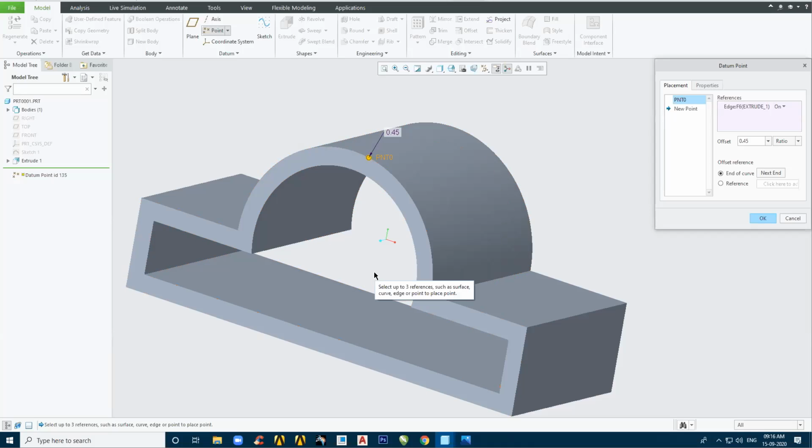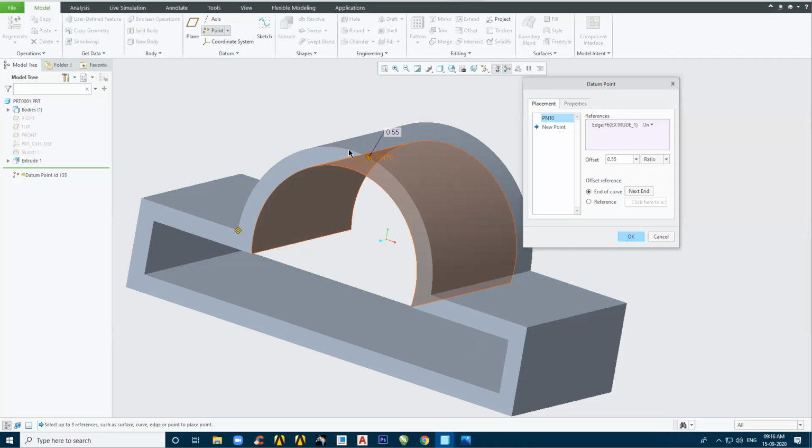If I want to calculate from here, I will click here on next end. Calculate it from here. Understood? From where Creo needs to count that distance can be set from here, either this or this. Now, let's say from here, you can change the offset from this location.